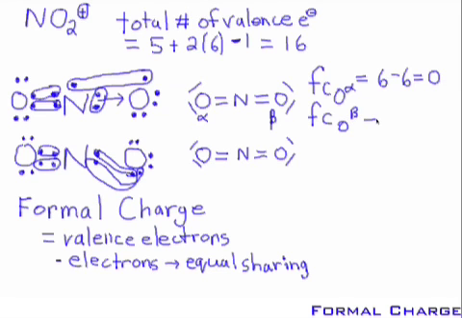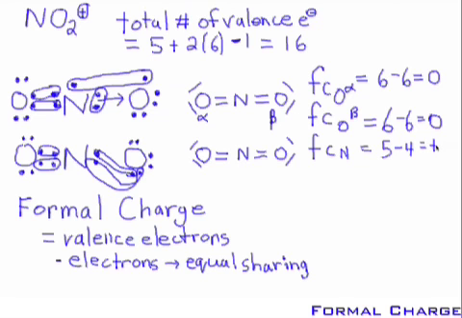How about the formal charge of oxygen beta? Formal charge of oxygen beta equals 6 minus, well, if we do the same thing, 2, 4 for the lone pair, 5, 6. 6 minus 6 equals 0. And lastly, we have the formal charge of our nitrogen. What is the valence electrons of nitrogen? Nitrogen has 5 electrons, and we have bonds, no lone pairs, so we count 1 for each bond: 1, 2, 3, 4. 5 minus 4 equals